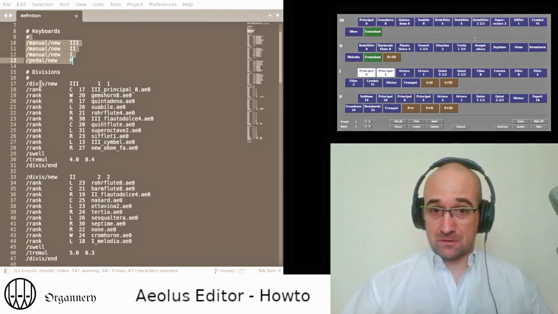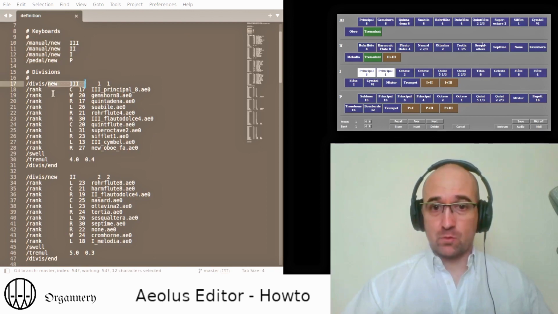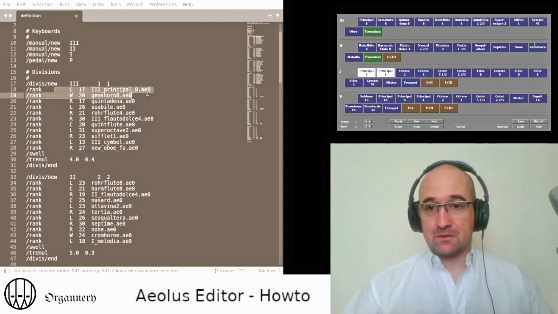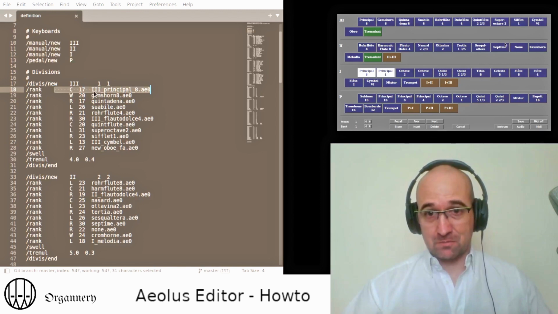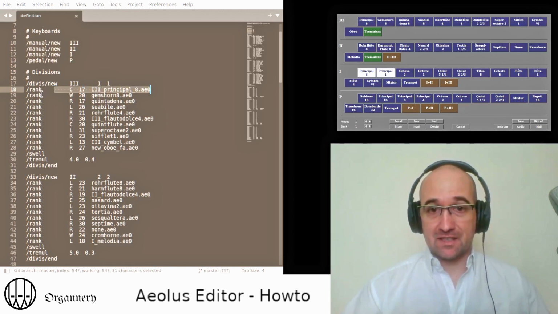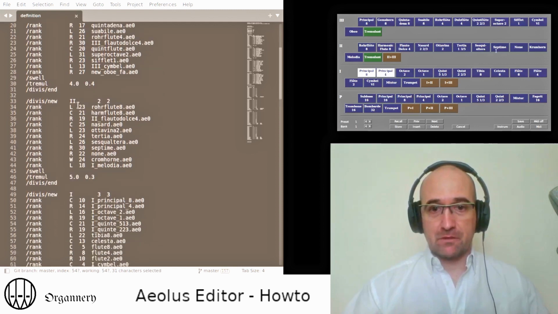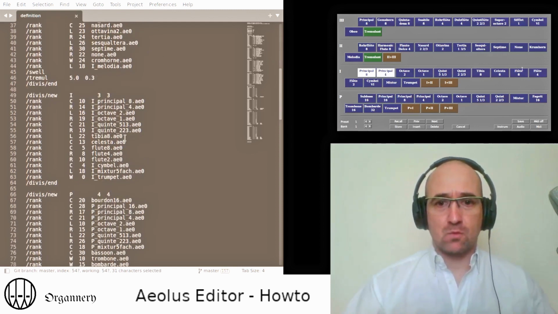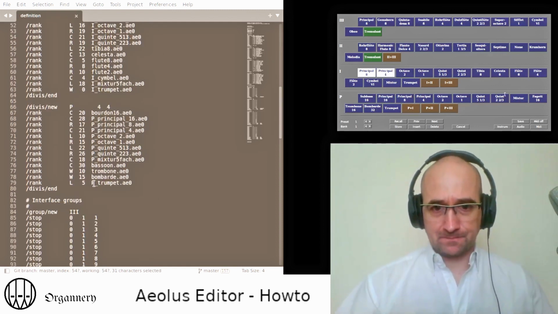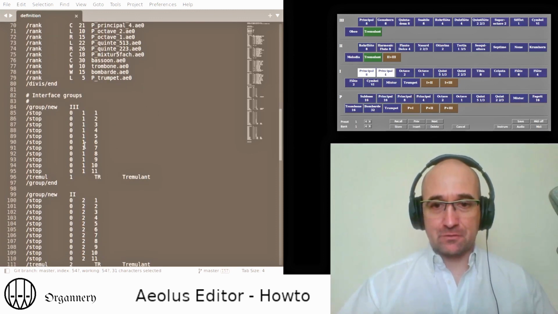Then you define some divisions in which you have the pipe sounds, the files we've seen previously, and they are defined as a rank with a few options. So here we have division number 3, division number 2, division number 1, and then the pedal. And then you define a few groups.